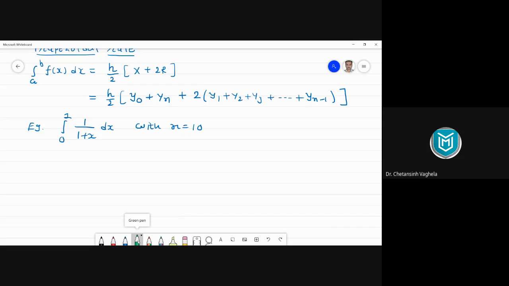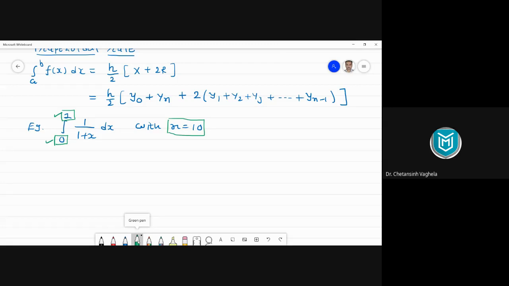You observe here, first we have this value, which is called lower limit of the integration. Then we have the value of upper limit of the integration. And we have the value of n here. What is n? n is called number of subintervals. In some examples, you can get the value of n, and in maybe a few examples, you can also get the value of h. So either you will have n value or you will have h value.